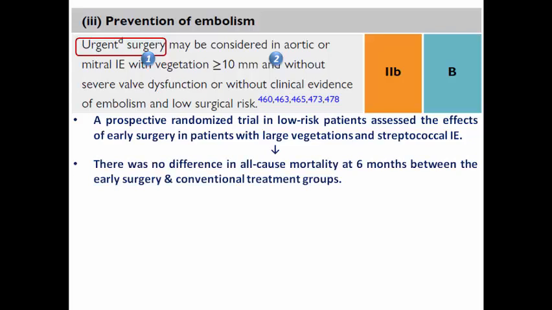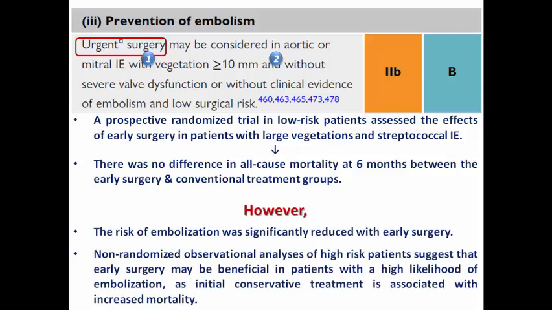The result is that there was no significant difference in all-cause mortality at 6 months between early surgery and conventional treatment. However, the risk of embolization was significantly reduced with early surgery, and in non-randomized observational analyses of high-risk patients, it suggested that early surgery may be beneficial in patients with a high likelihood of embolization. This explains why there is a recommendation for urgent surgery in this situation in absence of other complications, but